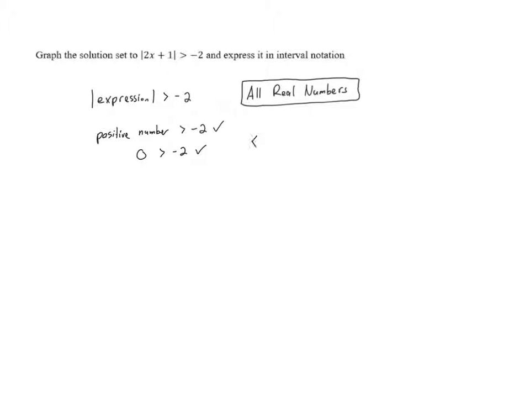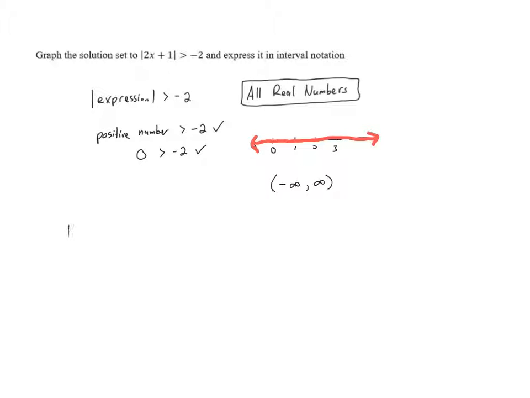If we were asked to graph this, we know that all real numbers can be graphed by shading in the whole number line. So we're going to shade the whole number line. And then if we're asked to write this in interval notation, that's just going to be parenthesis, negative infinity, comma, infinity, closed parenthesis. If you don't believe me, you can pick a number for x and plug it in and